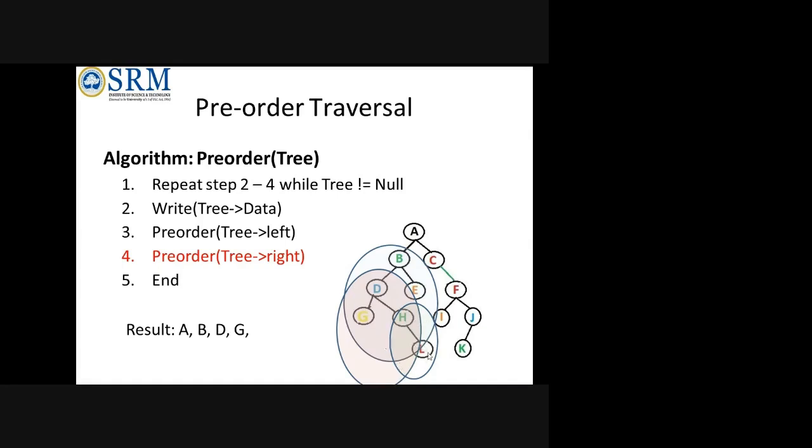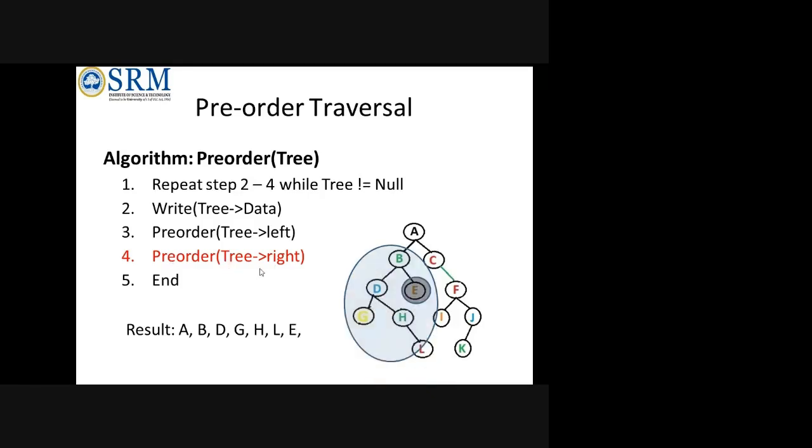It is having a left and right child, but pre-order traversal will print the root only first, so H will be printed next. Then when it comes to this child, you know that there is no left, only right is there, so you see here the right will be printed. Now as per A, your whole left is processed. The whole left is recursively processed again and again until the tree has no more children. Now you have to come to the right node. That is what is in the red line.